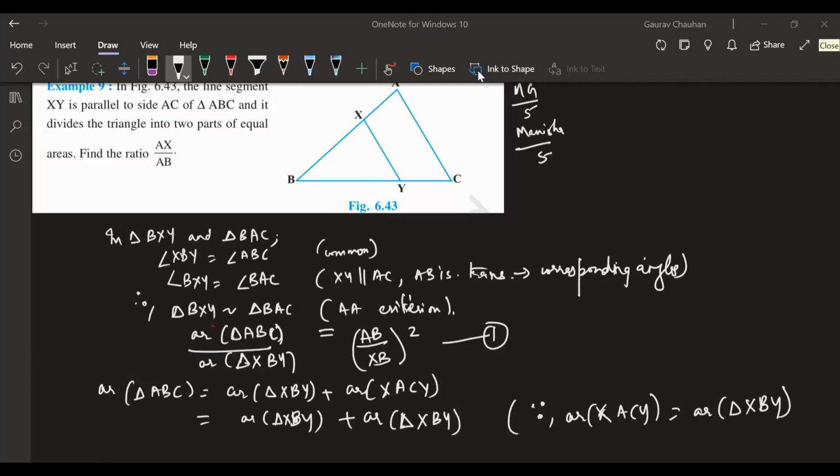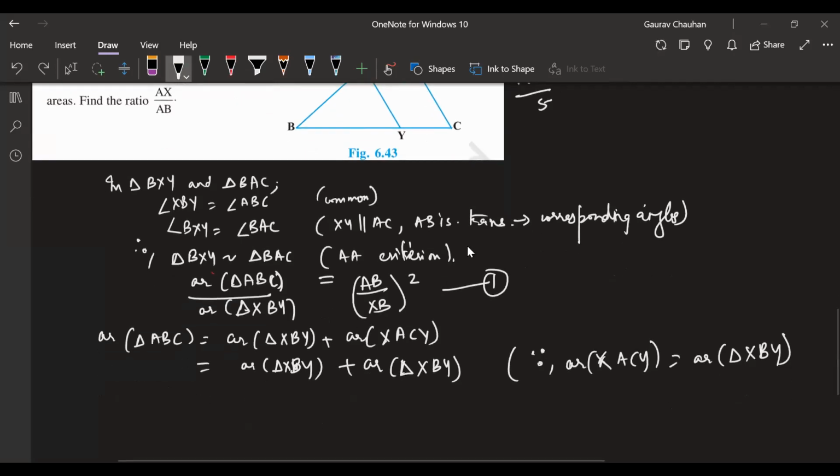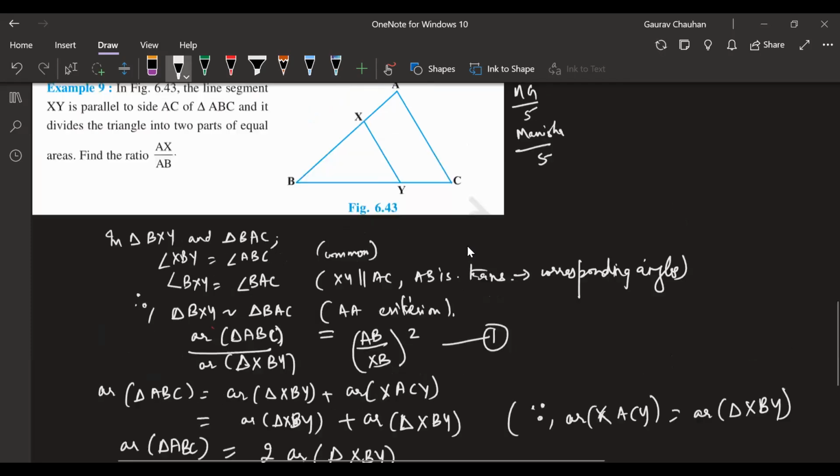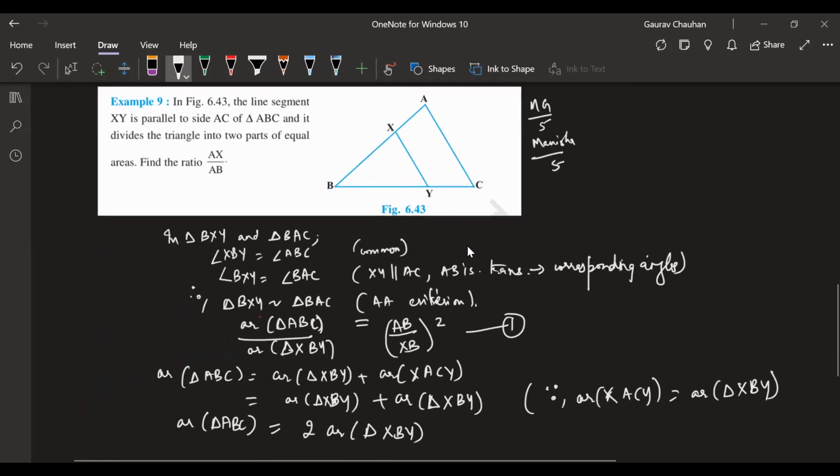Yes, Hemant, MG, you have cracked it now. Give me a thumbs up if this step is clear. Yeah. This area is equal to this area, it is given. So I can write it in place of that. So what will happen now? This area of triangle ABC, that bada triangle, is nothing but 2 times area of triangle, chotu triangle XBY. Okay, I have just added this. Think of this as A plus A equal to 2A. Dilruba, are you following this?